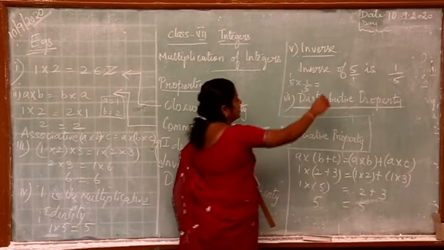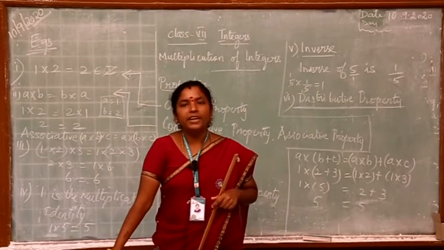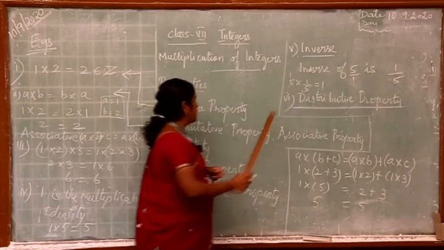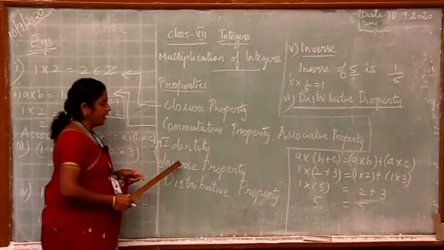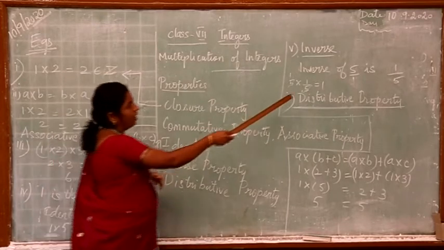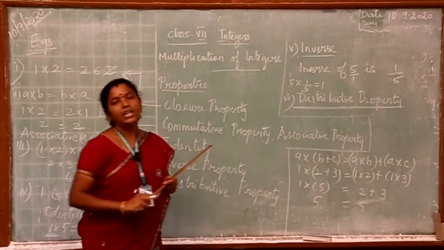So, you will be having the answer as 1, which is nothing but an identity. So, what is multiplicative identity? I said it is 1. So, we have some relation between inverse and identity. If you multiply a number with its multiplicative inverse, then you will get the identity. Remember this one.